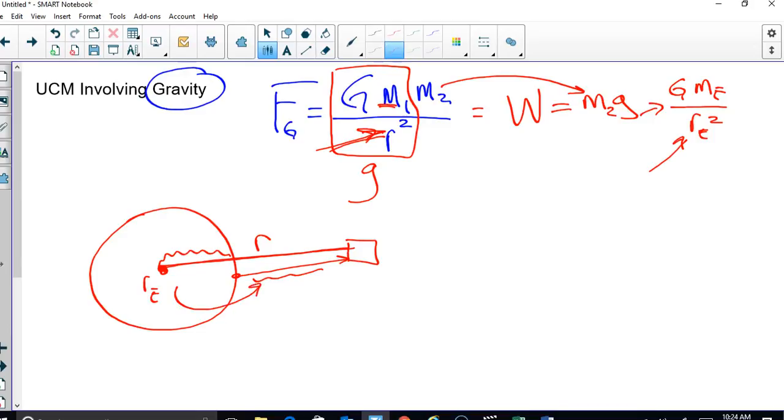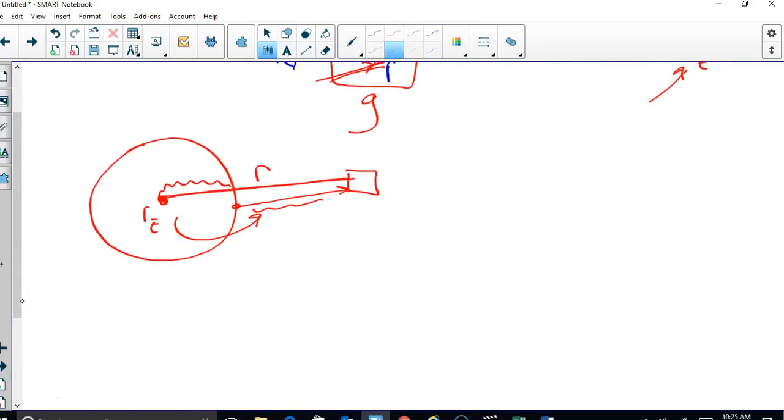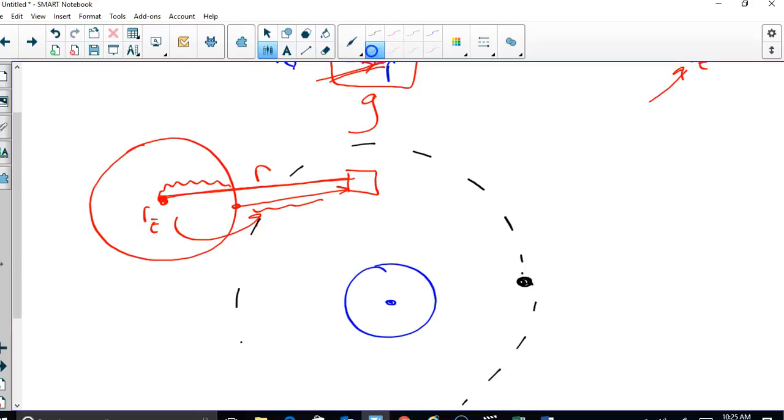Be careful of that. Because really, when it comes right down to it, if something's moving in a circular orbit around the Earth, so if this is an object moving in a circular orbit, the net force is the centripetal force, of course, which in this case, the only game in town, is gravity. So that means the centripetal force is equal to the gravitational force, which gives me